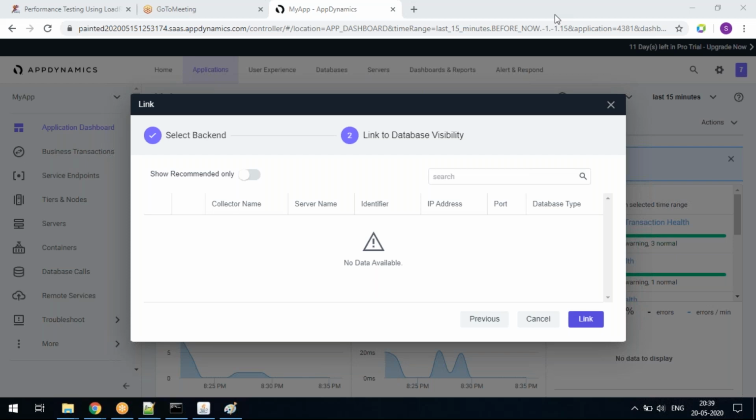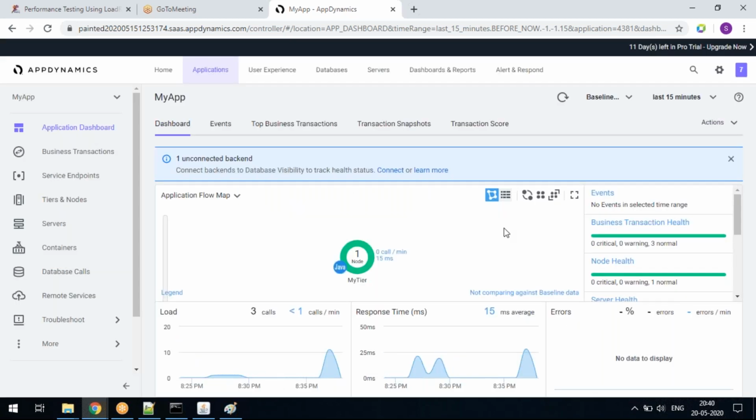For example, tomorrow if you set up the DB also, it means one tier for DB and one tier for app, each with one node. You're exactly catching the point. What is the embedded DB that you mentioned? See, this JPetStore application has an embedded DB called HSQL DB. That is what it is saying.